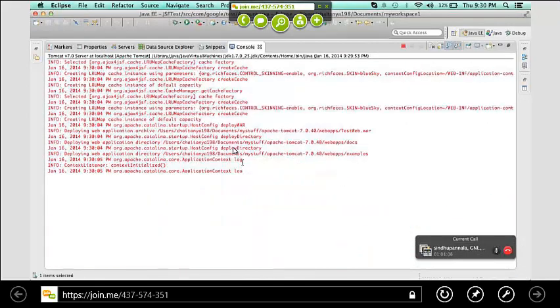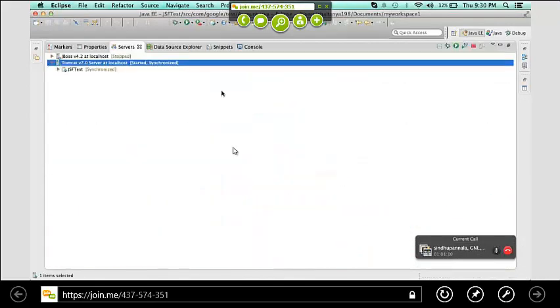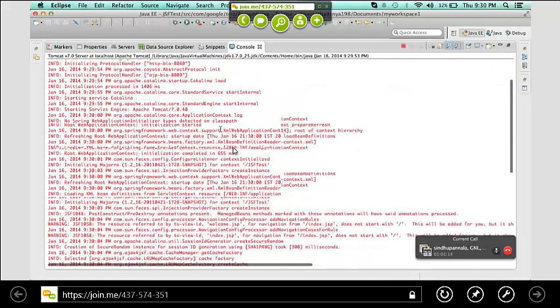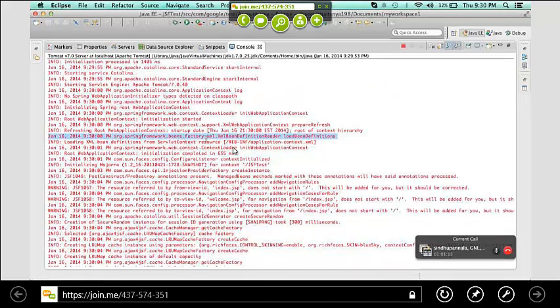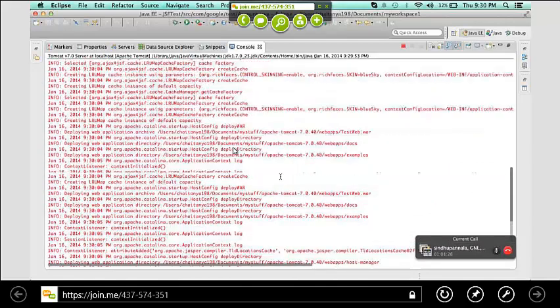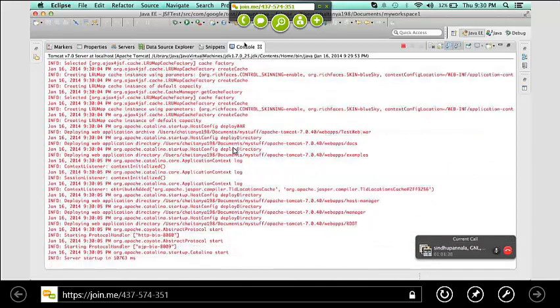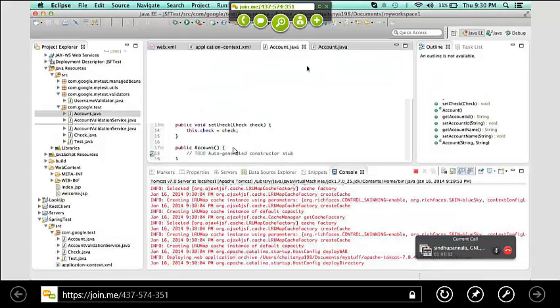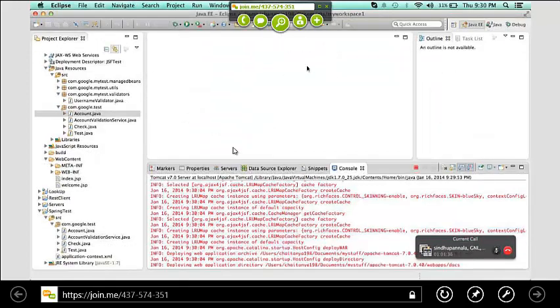Now it loaded all your things. So there are no exceptions. So it loaded all the application context beans and stuff basically. So it's root web application context, initialized, completed in this time. Okay, and afterwards the JSF got loaded. Okay, so now how do you call these account objects and stuff basically in JSF, or else